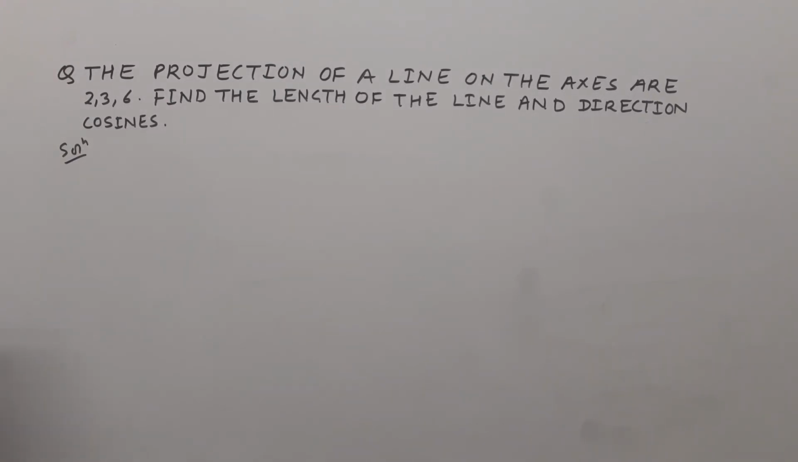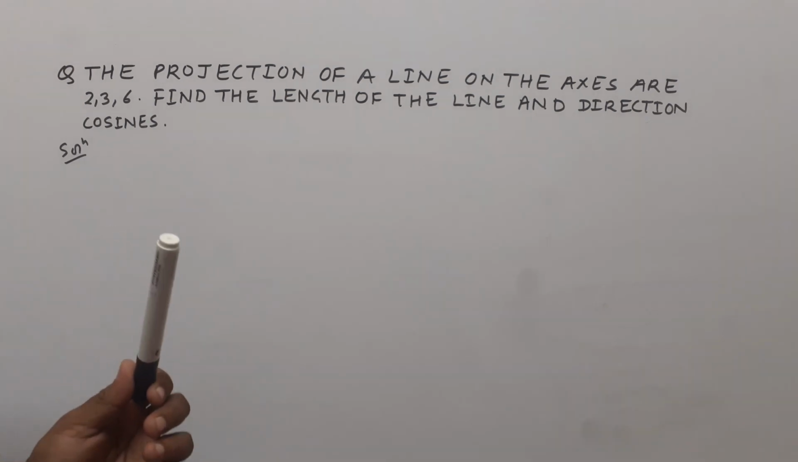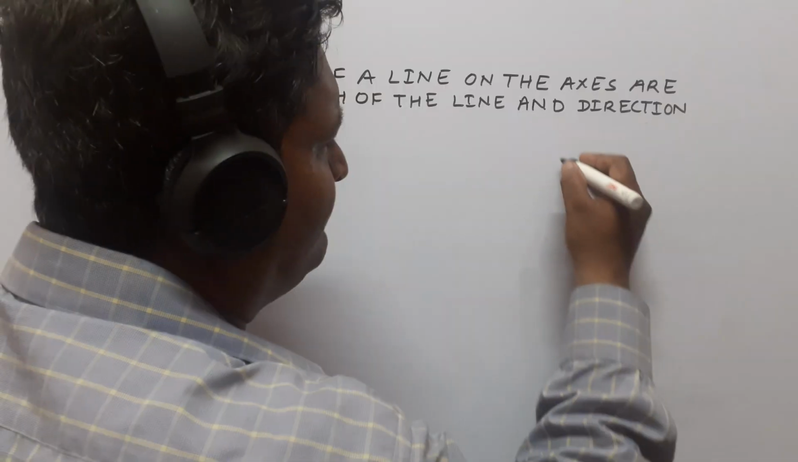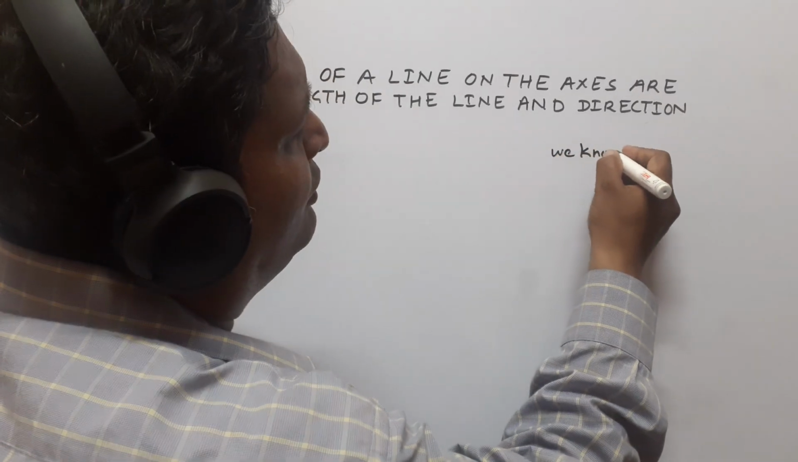In this question, the projections of a line on the axes are 2, 3, 6. Find the length of the line and the direction cosines. So we know that